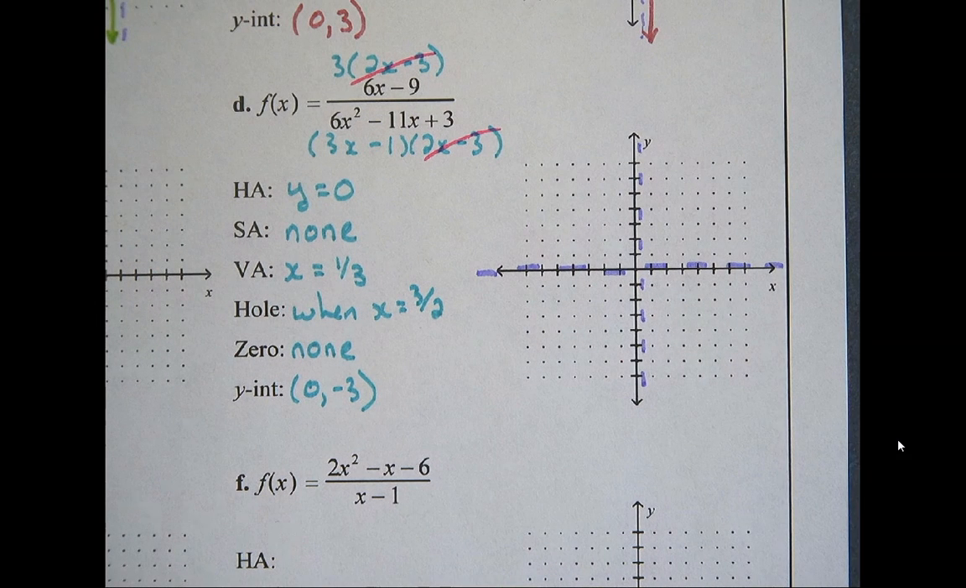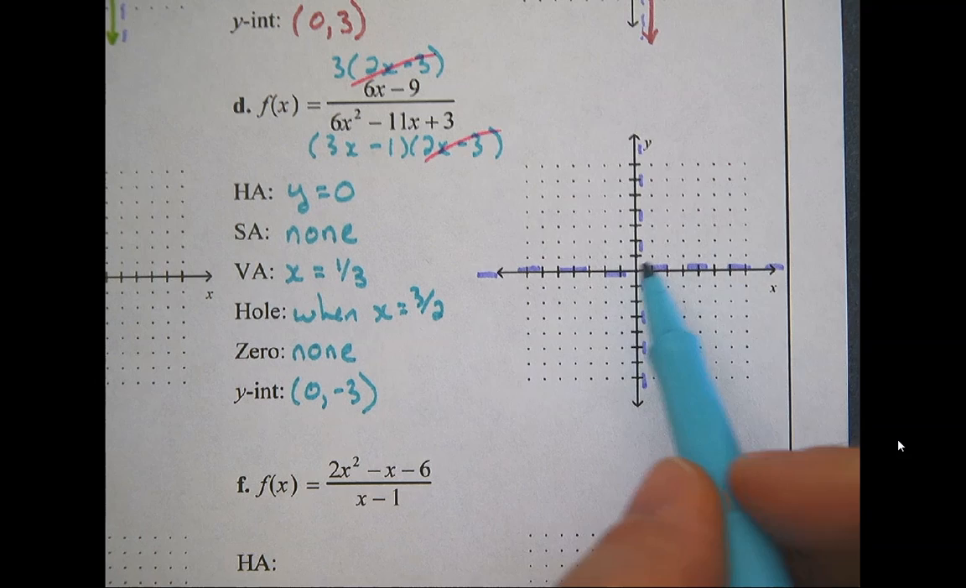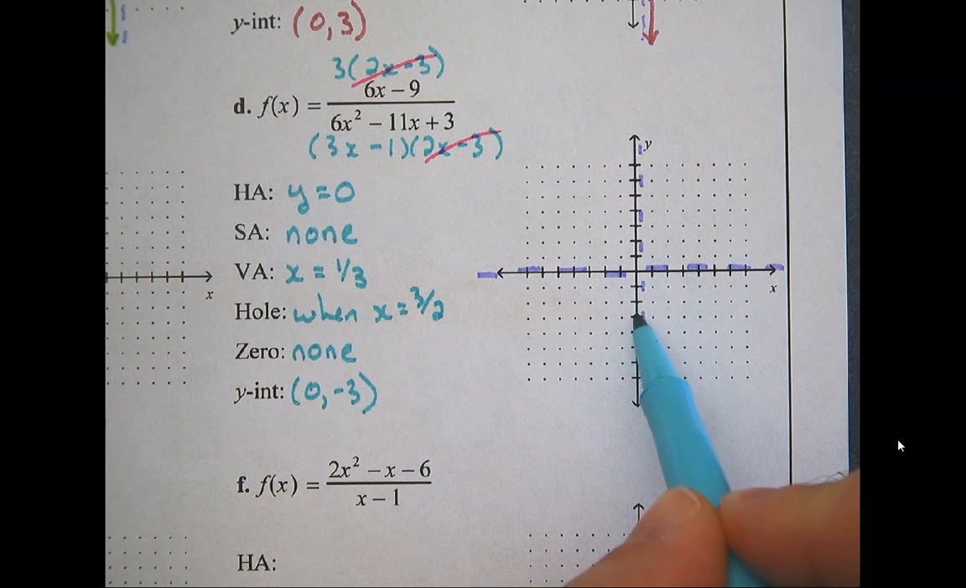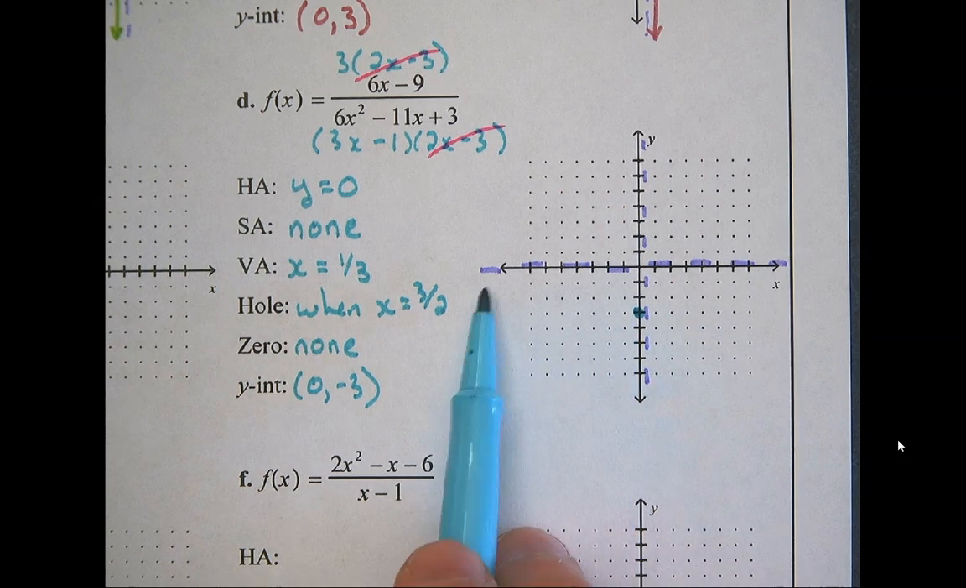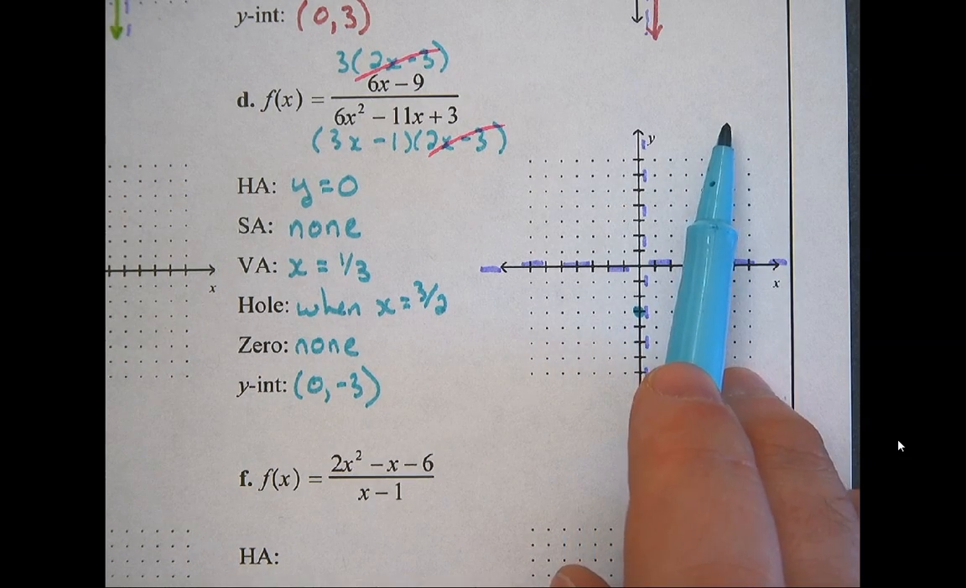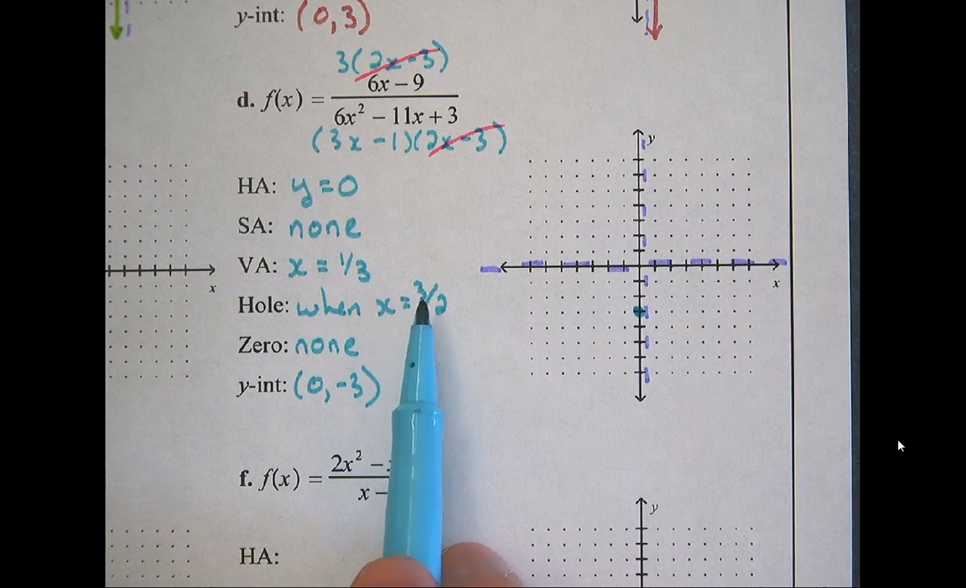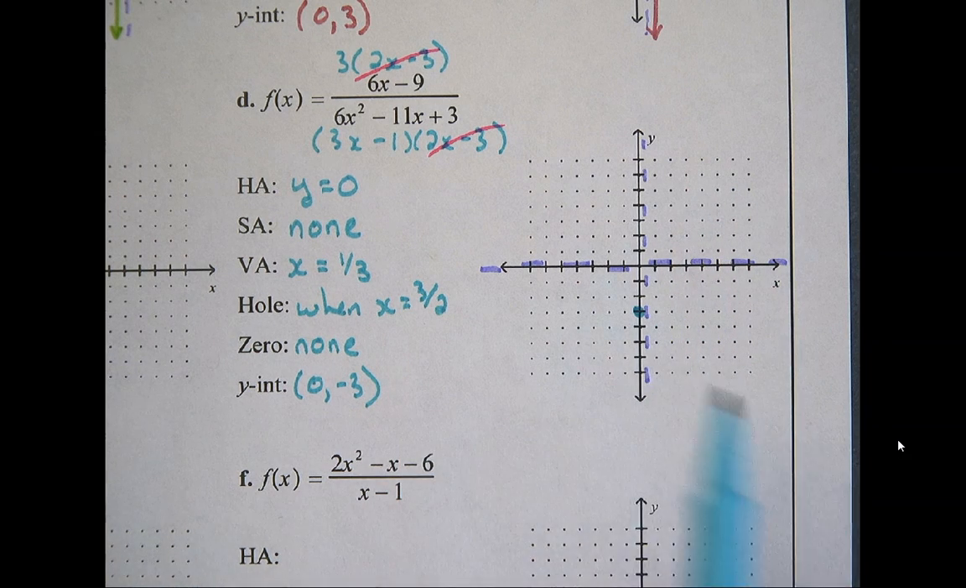And then I have a hole at 1.5. So when I get there, I want to stop and draw it. I don't have any zeros, and I do have a y-intercept of 0, -3. Now that's enough info to get my graph going. That means I've got one here, and then my other one's going to be kitty corner. So when I'm drawing x equals 3/2, that's going to be for this part. So I can draw this one,